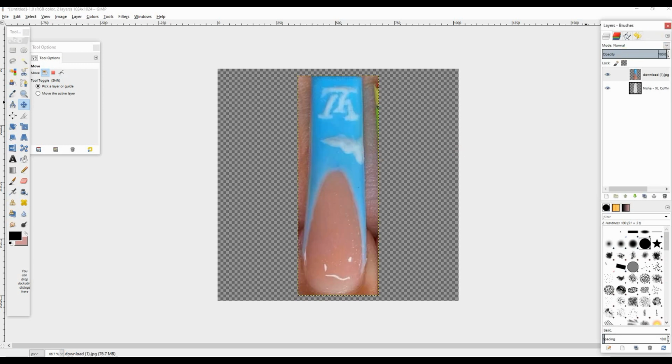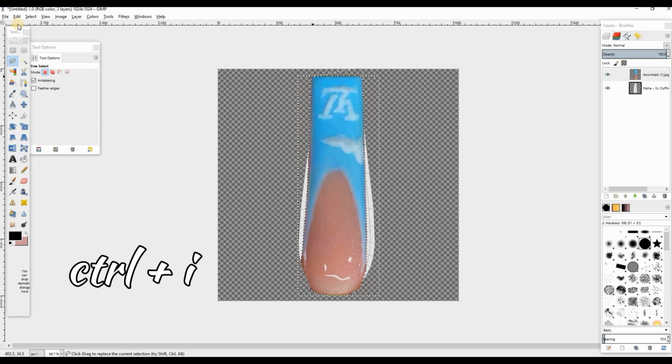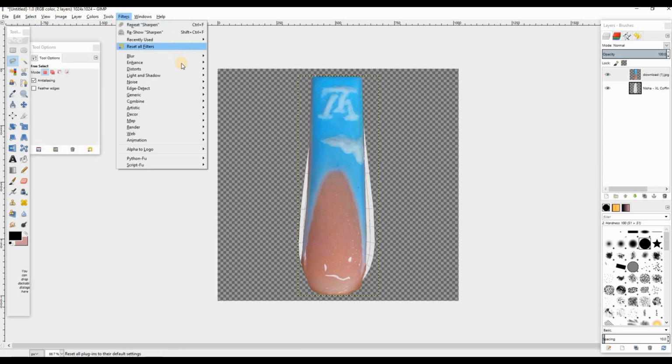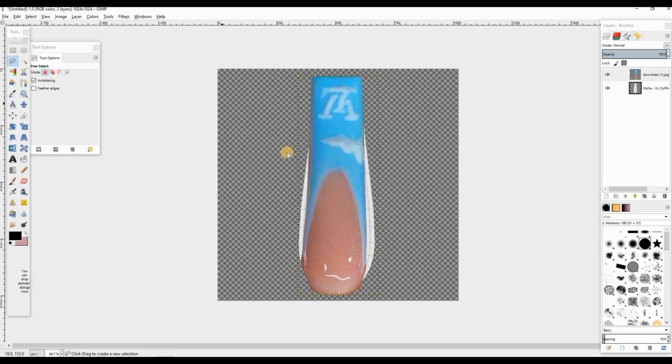Put the transparency back up, and then I'm gonna cut all around it like the free select tool. Go all around the nail to erase the excess. Like it doesn't really have to be perfect, it's okay on the bottom. And then we're gonna connect it on the top and erase the background. And we have a little bit like missing spots, but what we're gonna do with that after we sharpen it up,